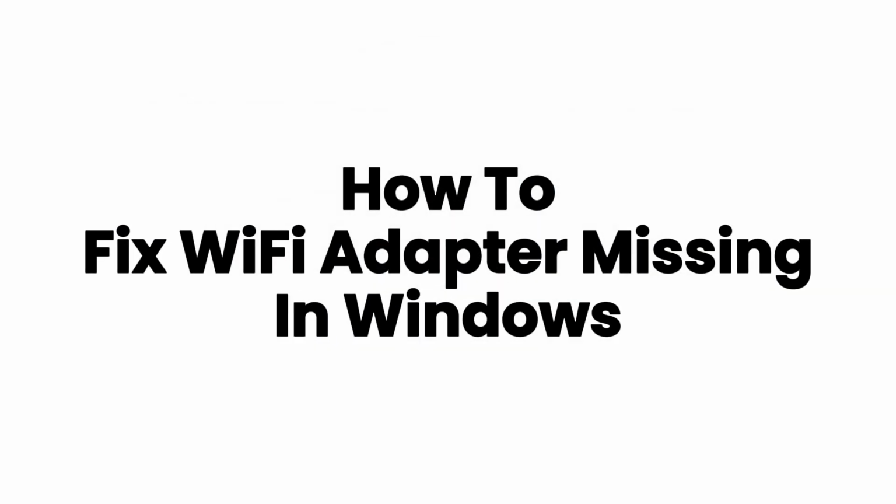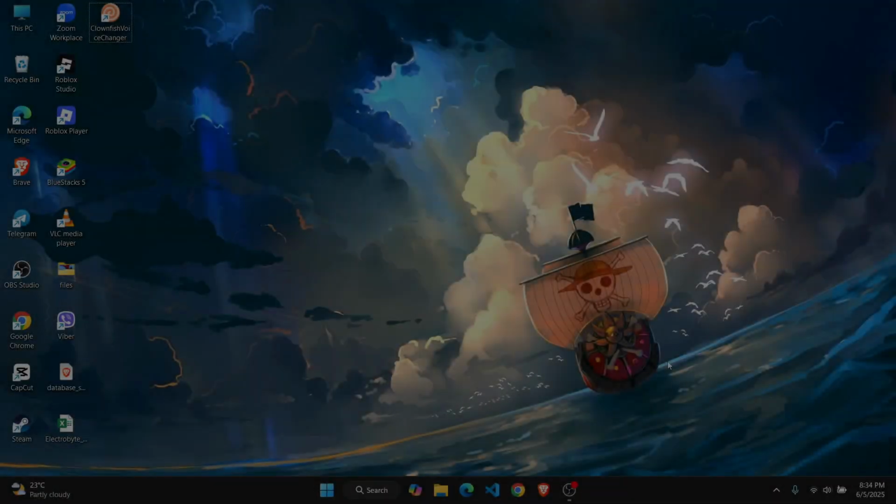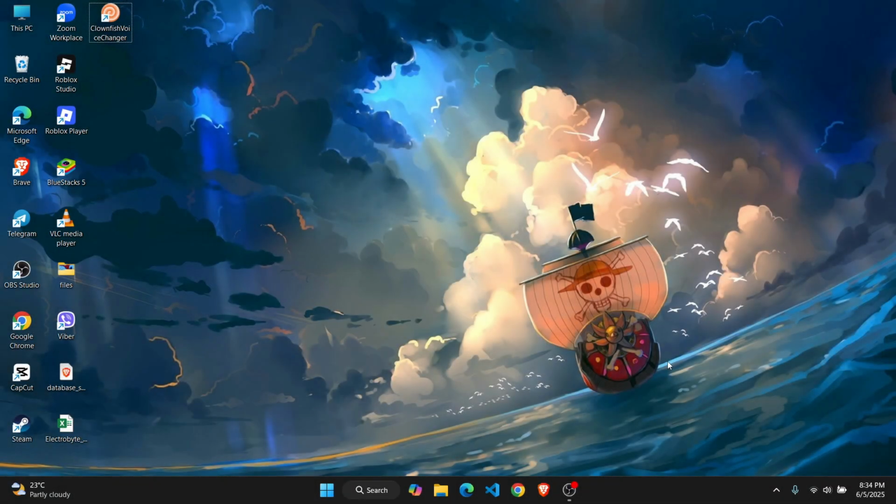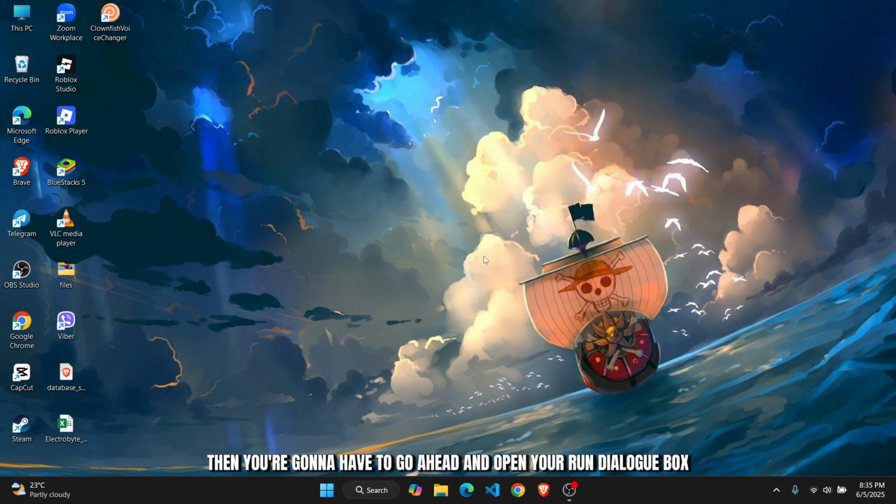How to fix Wi-Fi adapter missing on Windows. In this video, I'll show you guys how you can easily fix this error. So the first thing you're going to have to do is see if your Wi-Fi is running or not. But if you cannot see your Wi-Fi network settings, then you're going to have to go ahead and open your